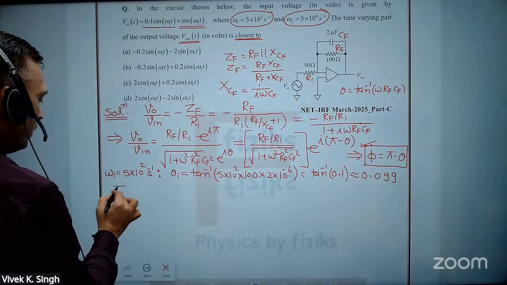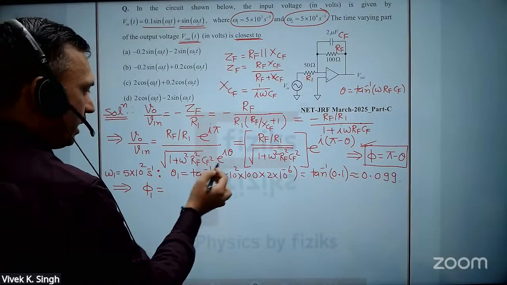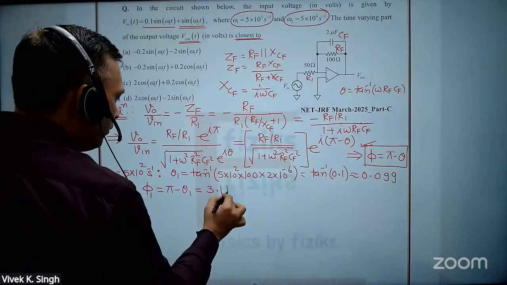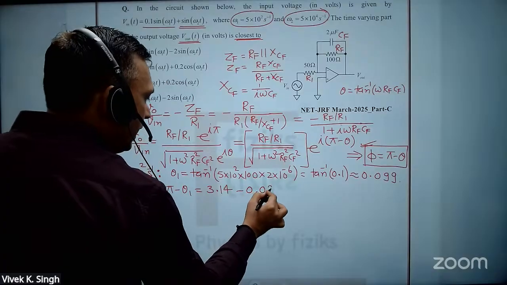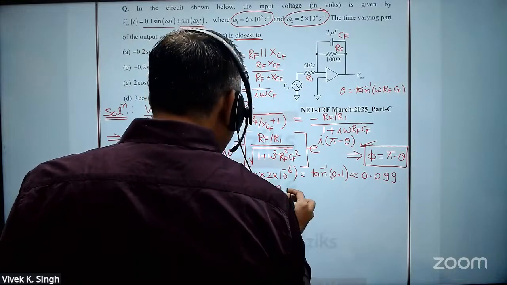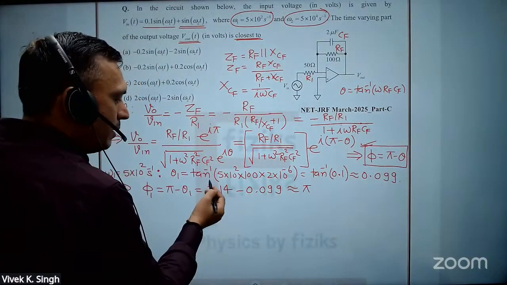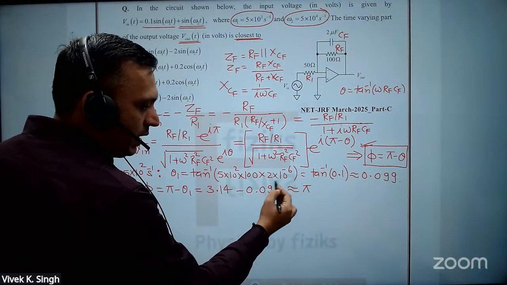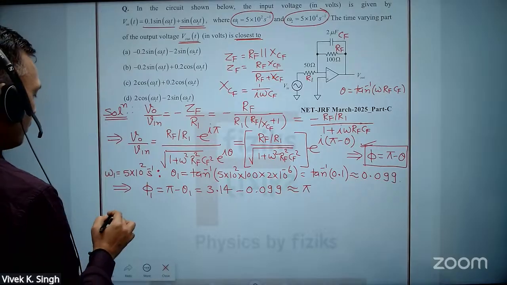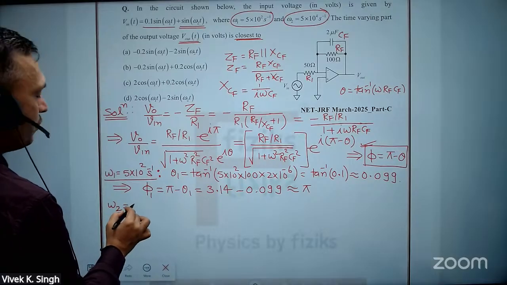So this will give you phase phi 1 at omega 1. Phi 1 is pi minus theta 1. Pi is 3.14 minus 0.099. This value you should take approximately pi. I am taking an approximate value because this value is very small as compared to this. So that's why this is approximately pi. And because you have to write the closest value, similarly for omega 2,